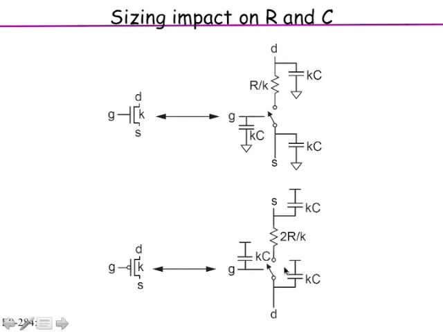Remember, this is again when you come very close to the smallest minimum width and length. If you remember the graph I showed you about the reverse short channel effect, reverse narrow width effect, and so on, you have some complications there. Okay, so we are ignoring those complications. We are not getting into that regime. We are looking at the larger size transistors where those kind of non-idealities are not coming into the picture. And to a reasonably good approximation, as I increase my width to k times, my resistance drops by k times, capacitance goes up by k times.